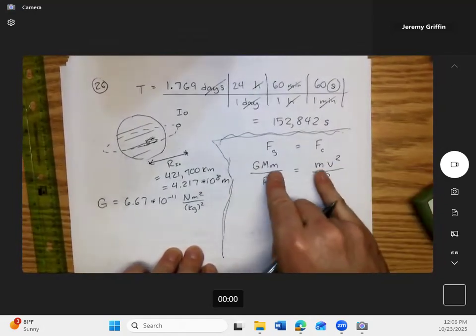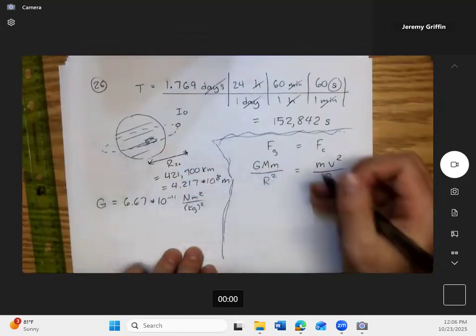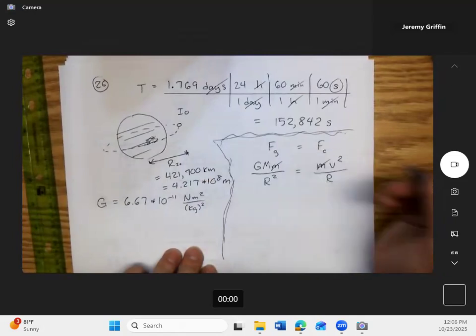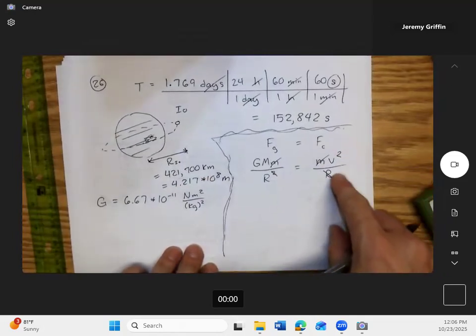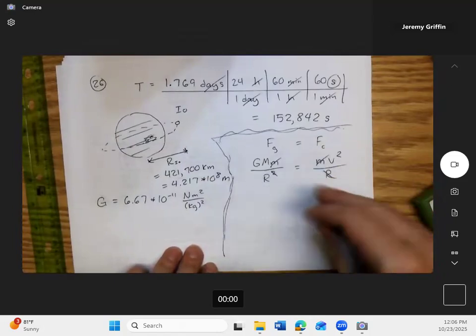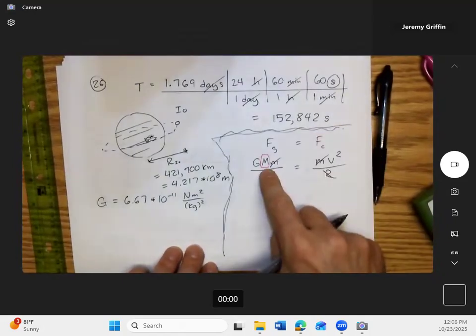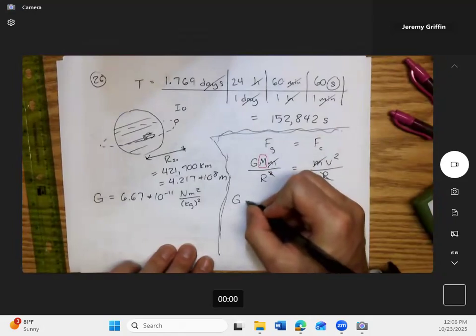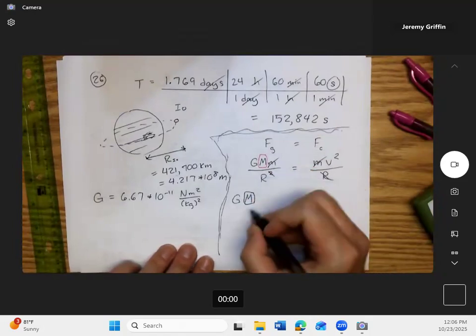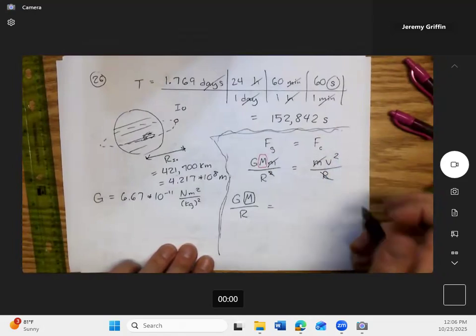What does this little m represent in the context of this story? Mass of Io, and R is the radius of its orbit. Now, our quest right now is to find the mass of Jupiter. That's this big M right here. So let's go: G M, which we're solving for, divided by R equals v squared. But instead of v,